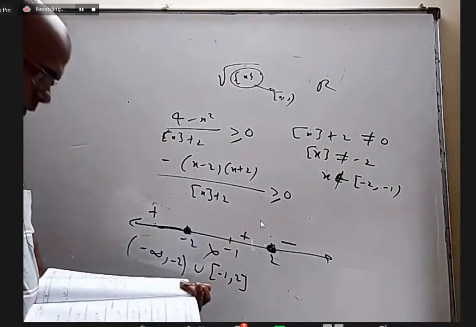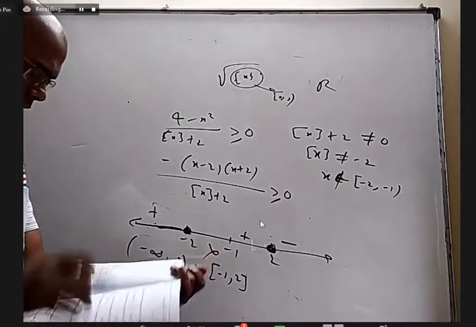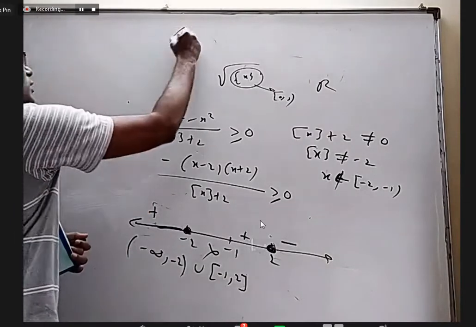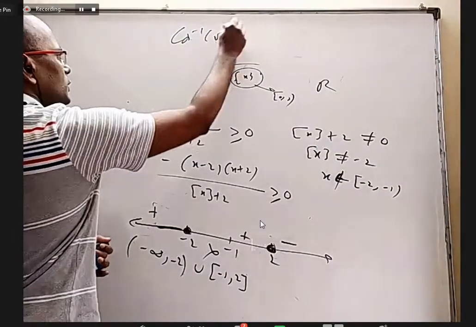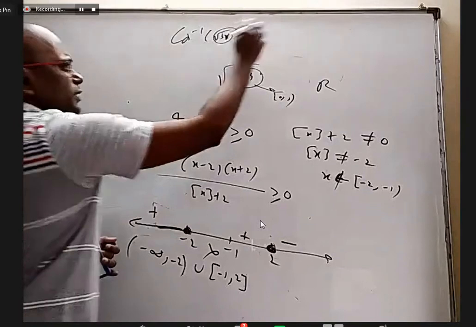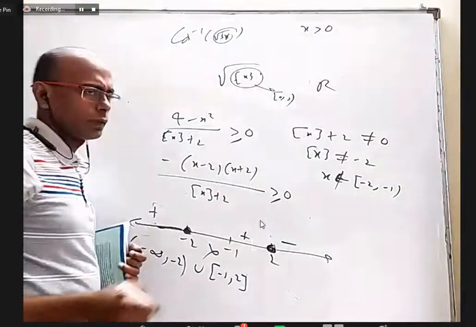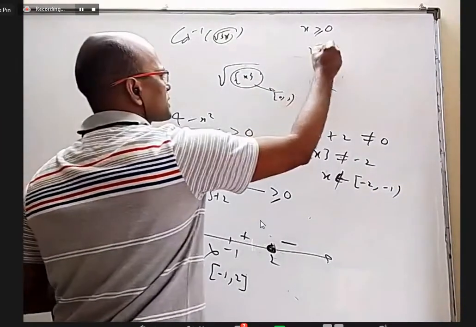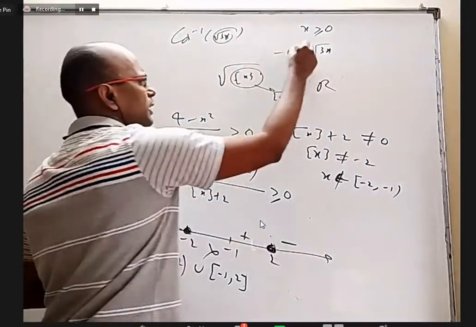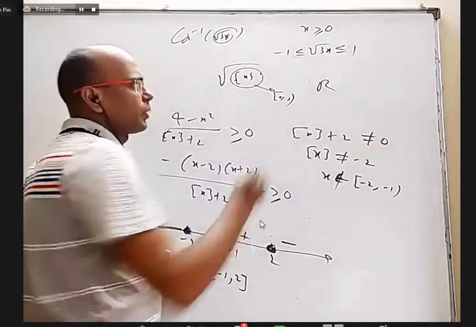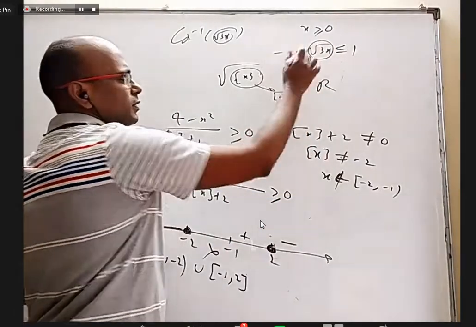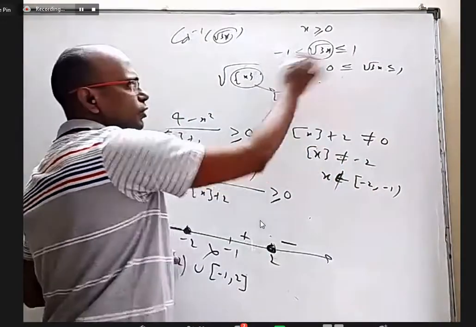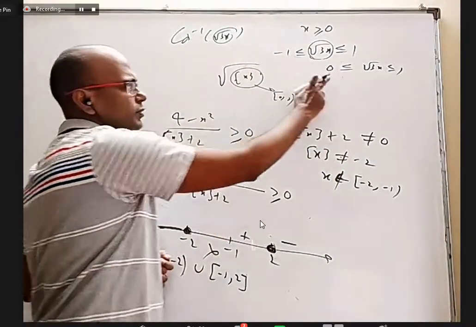Yeah. So I discussed 76 and 78. Somebody asked 72. 32 is quite simple. Cos inverse root 3x. First of all, for root 3x to be defined, x should be positive, or even equal to 0. For root 3x, cos inverse will be defined when it is between -1 to 1. But root of something can't be negative. It can be only between 0 to 1. Actually, we want it to be -1 to 1, but root of something is positive, between 0 to 1.